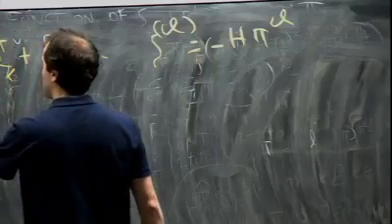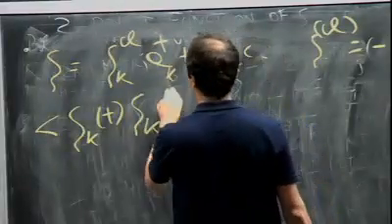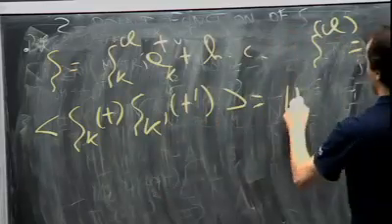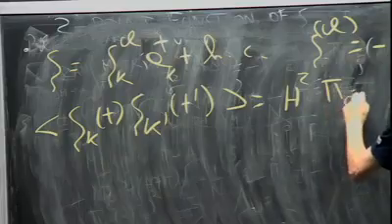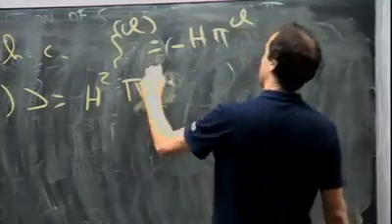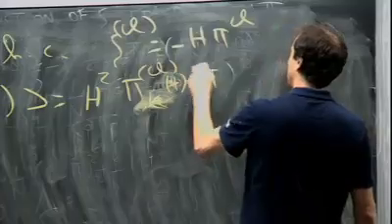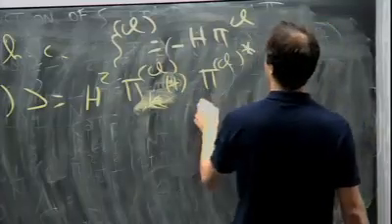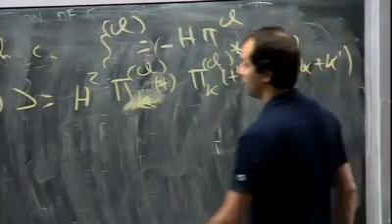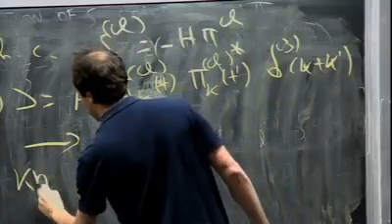And this means that zeta of k, t, zeta of k prime, t prime is nothing but H squared pi classical of k, t, pi classical star of k, t prime, delta 3 of k plus k prime. And for late time, k eta goes to 0,